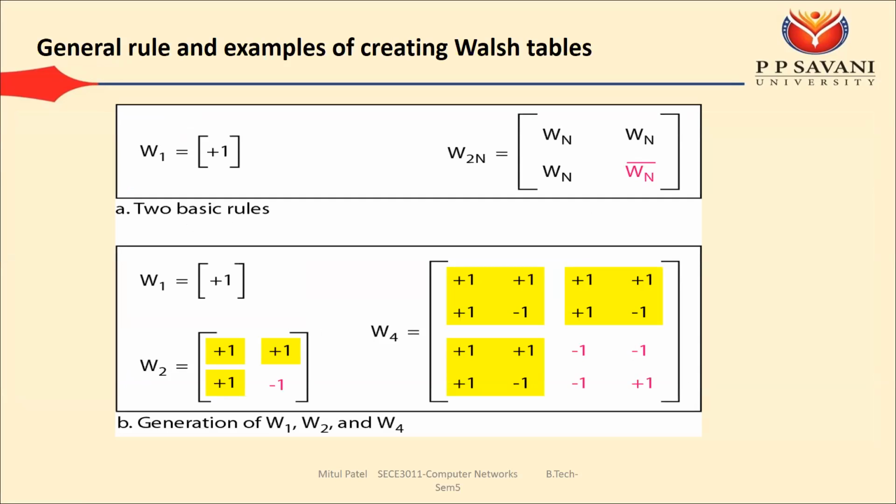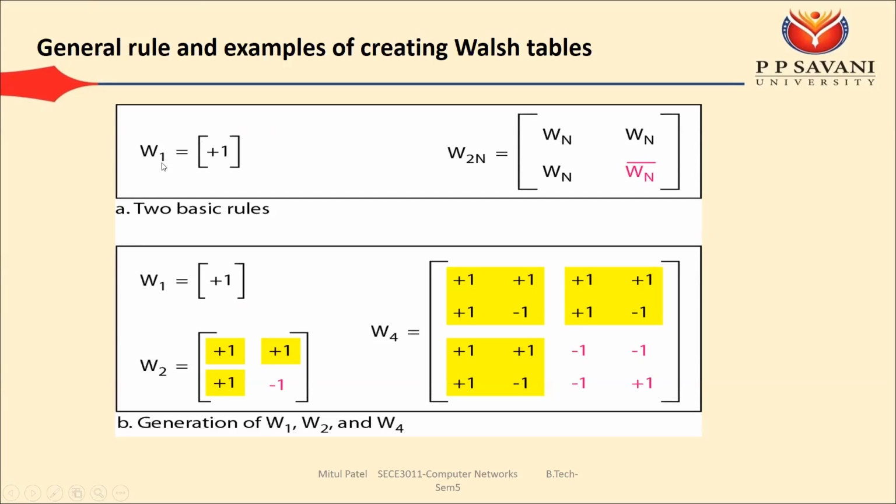So what is the meaning of a Walsh table? It is a type of table specially designed for mathematical calculations, and it has the property that if we multiply two different rows, our answer is 0, but if we multiply the same row with itself, our answer is the total number of rows. So how is this Walsh table designed? For that we require two types of matrix.